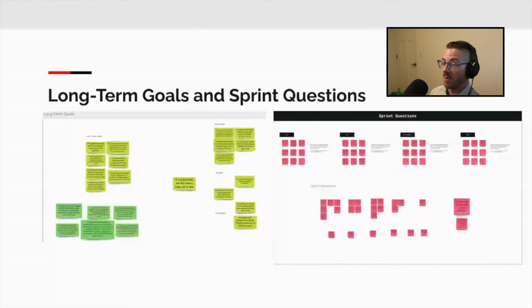We turn this around and we go, all right, we've talked about all of the things that we want to happen. What is everything that could go wrong? We like to remain positive though, so we're going to flip that again. And we're going to turn these things into questions. What are questions that we can ask and answer to kind of reduce this risk, reduce this volatility in the